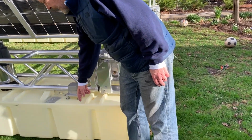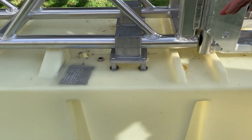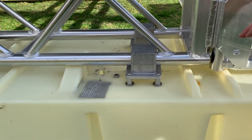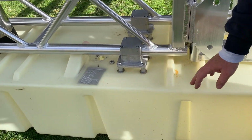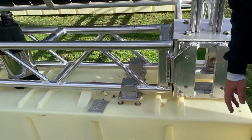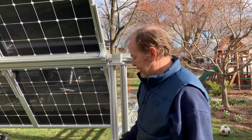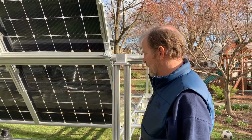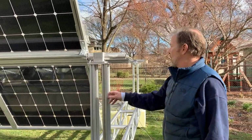You can see my attachment mechanism. These are just repurposed tanks from the marine industry. Final product would not have standoffs. We would attach these directly in locations that are premeditated. So anyway, I just wanted to give you